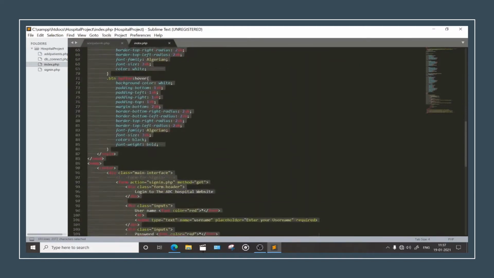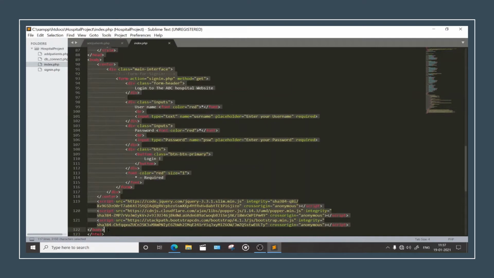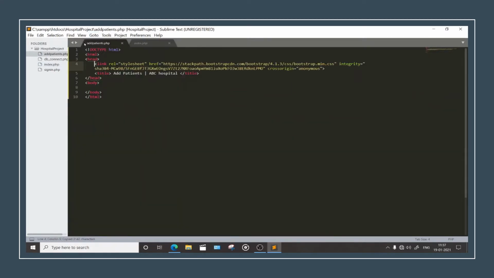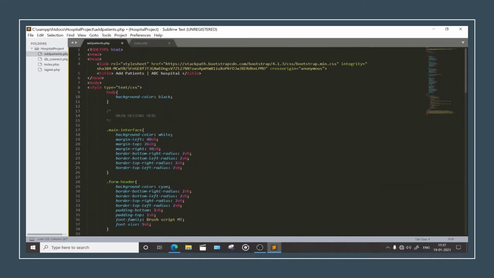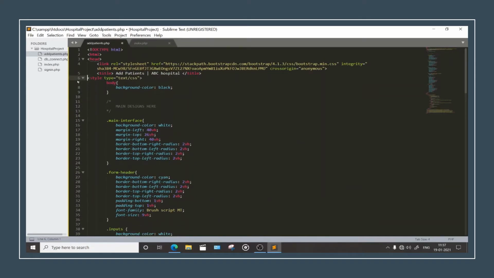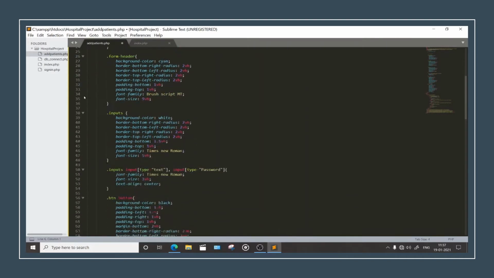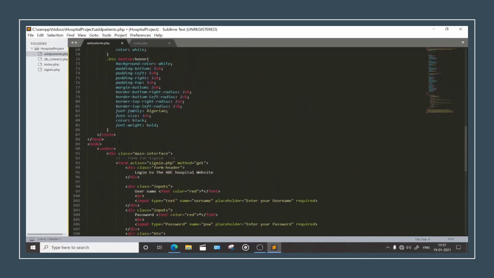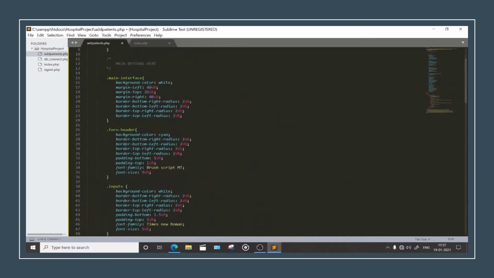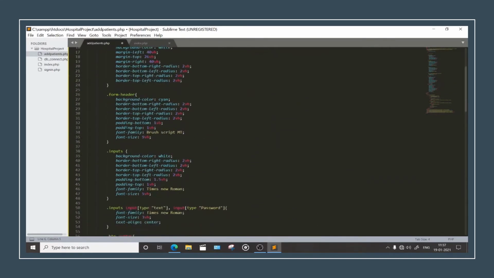Copy this whole place, these things till this script. Control C, and paste it here. So now we have done something decent. I need to indent this code.